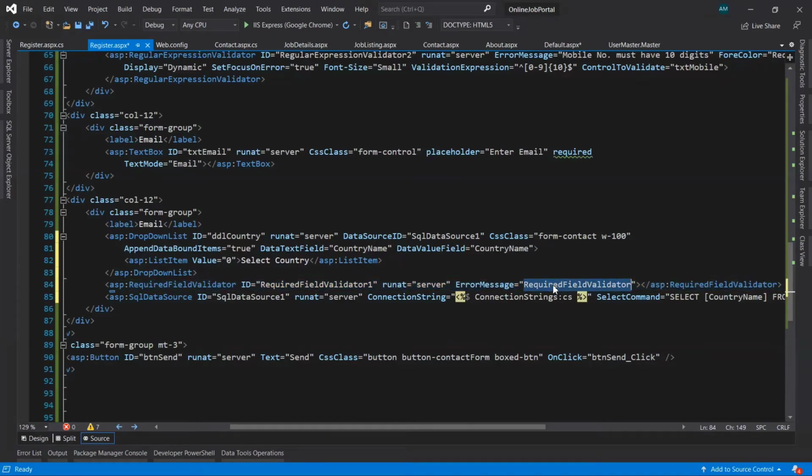Let's change the error message. Countries required.